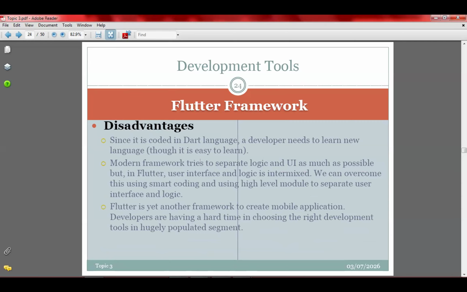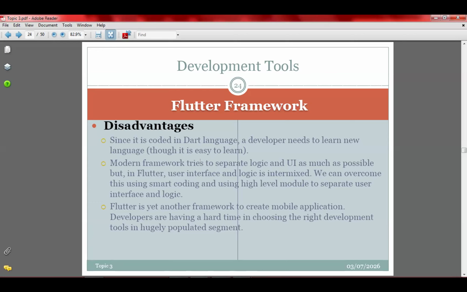So we'll be using that within Flutter and Dart from next week. You must learn the Dart programming language. You can be a Java programmer, but once you want to develop a mobile app using Flutter, you must learn Dart. Remember, with that Flutter tool, you cannot develop a mobile app, and if you want to develop a mobile app using Flutter, then you must learn the Dart programming language.